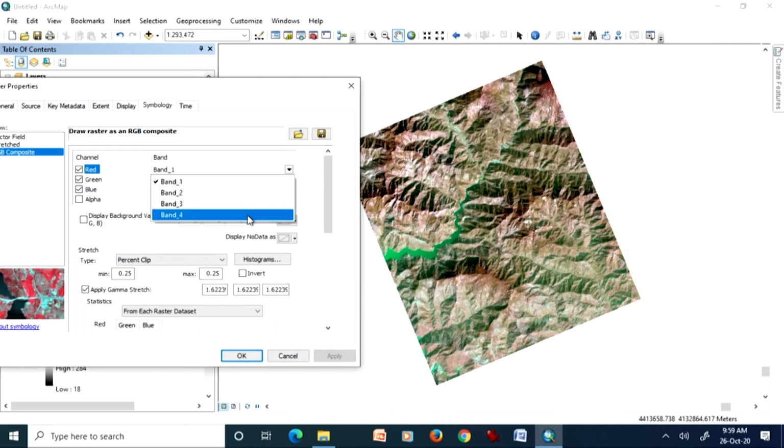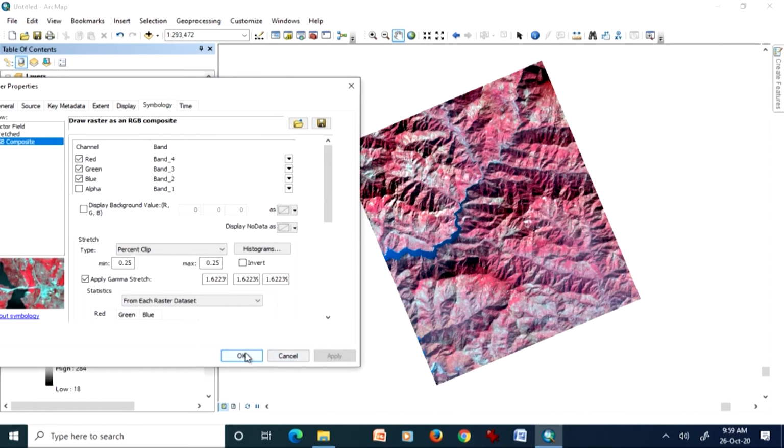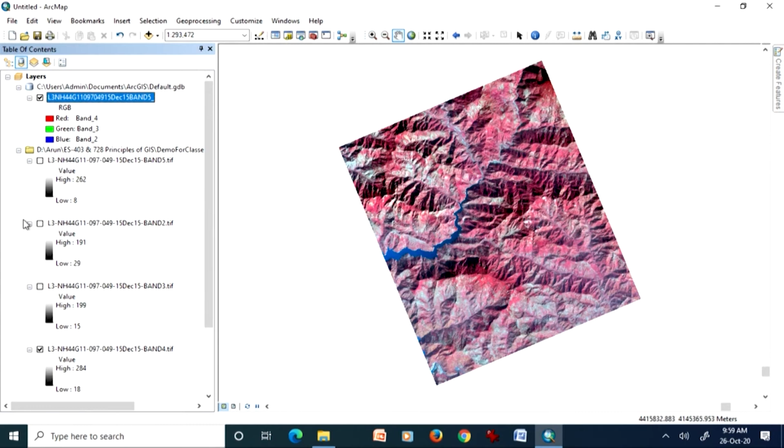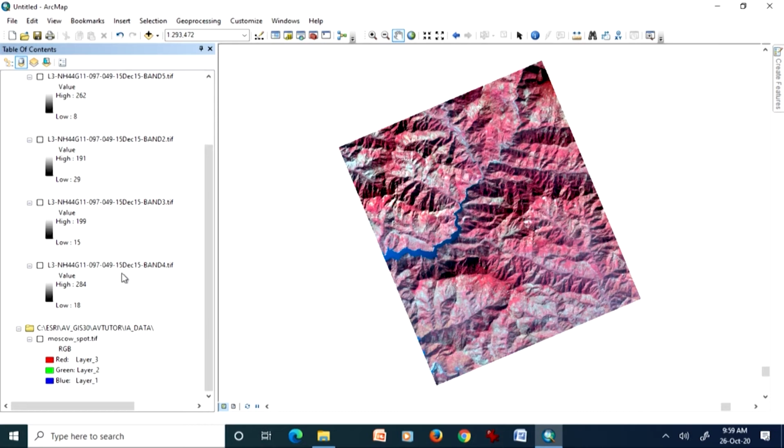So, what I will try is, I will change this one to 432. Let me apply this. Yeah. So, this is now a band combination which is giving us quite a good result. We can also add the remaining band here in this composite, but that may not bear any good results.